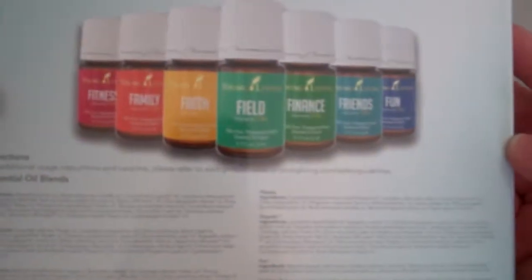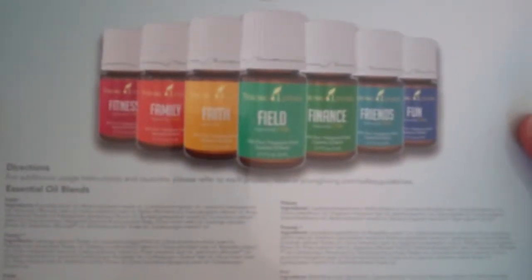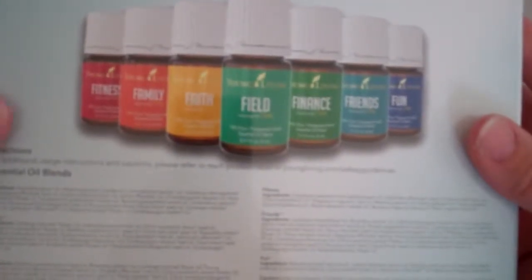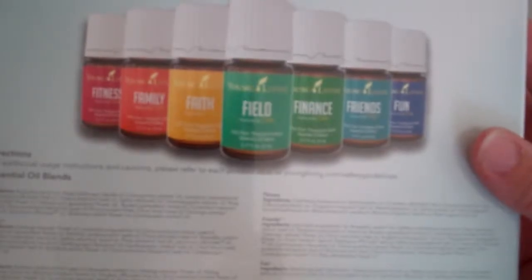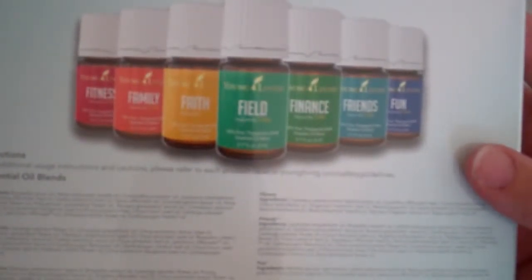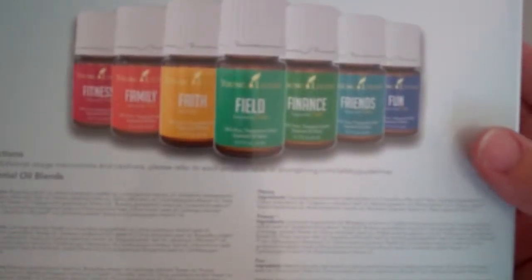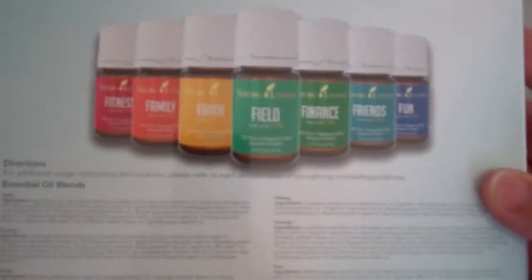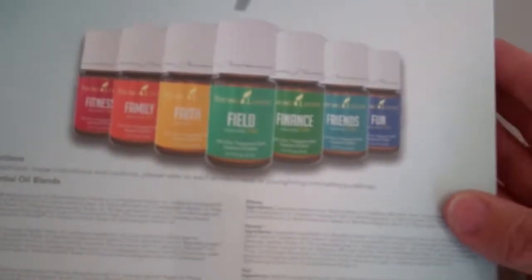So basically, it's about the 7 Fs. If you've ever taken any kind of extended life courses or anything like that, it talks about the 7 Fs in your life: fitness, family, faith, field, finance, friends, and fun. And those can be different variations in different trainings or areas that you read about. But basically it's the 7 areas of your life, and they actually have what's called the